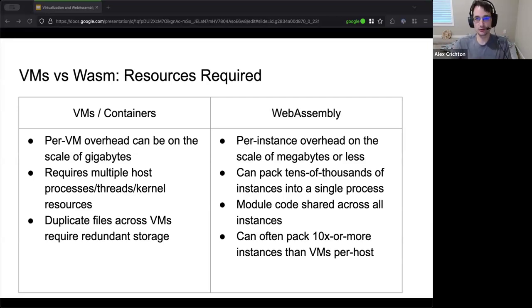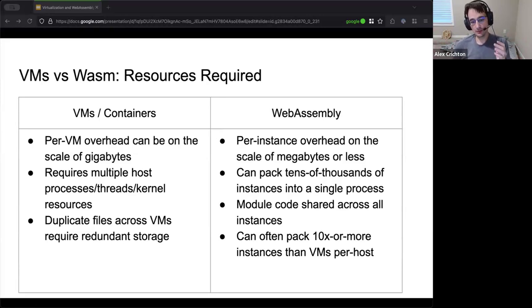And if you have the exact same virtual machine across many, many different places, it's often duplicating a lot of things, a lot of files, a lot of things resident in memory. This is one of the major aspects where WebAssembly has a huge leg up, where the idea is that where you might be able to take a server and run 10 virtual machines, you in theory can run about 10,000 WebAssembly applications or WebAssembly modules inside of that exact same server.